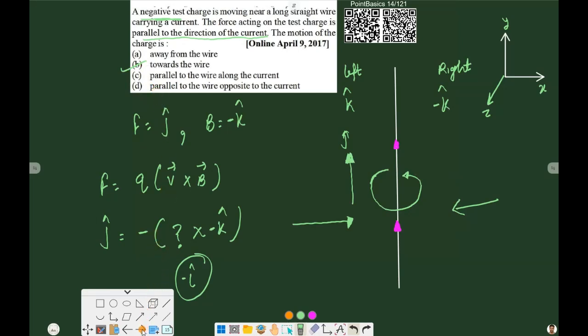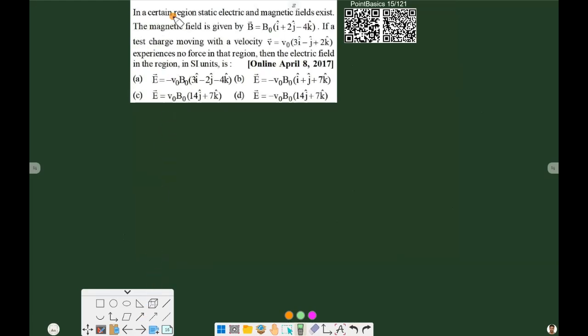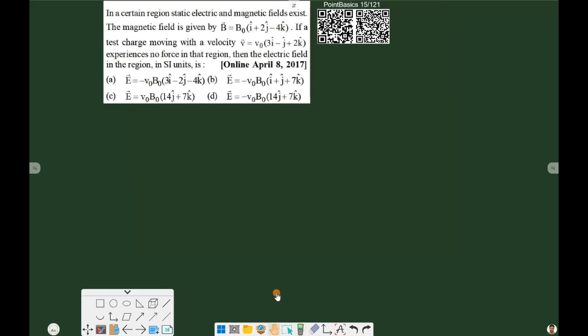Let's move to the next one. In certain regions, static electric and magnetic fields exist. The magnetic field is given by this value. If a test charge with the given velocity experiences no force in this region, then the electric field in this region in SI units is. So we have to find the value of the electric field, and we know that when a charged particle experiences no force,